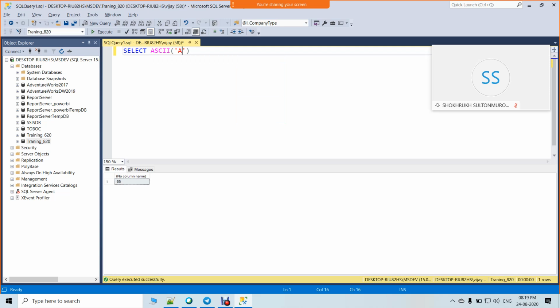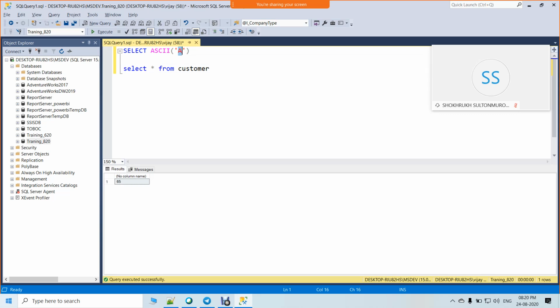For example, I am typing here select star from customer. Internally, it will convert into machine language. If you remember from your studies, select star from customer is human language, but the machine will not understand it. The machine will understand only digits. Agreed? So for every letter there will be an equivalent ASCII character. ASCII is American Standard Code for Information Interchange. That's the full form of ASCII. So for every string or letter there will be an equivalent number.